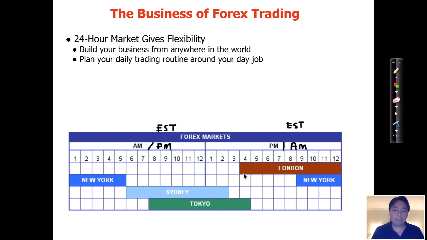At 4 p.m. Singapore time, which is again 4 a.m. Eastern Standard Time, the London market opens. So the euro, the pound, right? These start getting active in trading all the way to 12 midnight Singapore time, which is 12 p.m. Eastern Standard Time. And the US, New York to be exact, starts at, again, obviously 9 a.m. New York time,